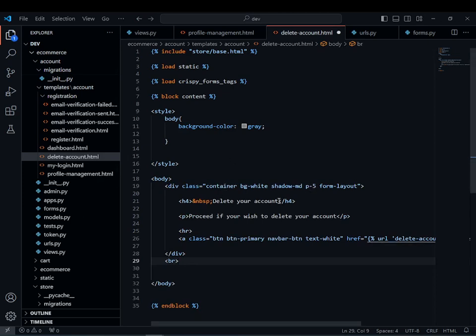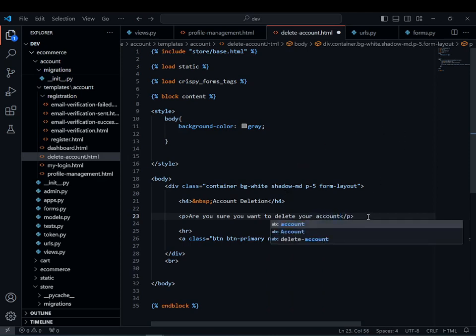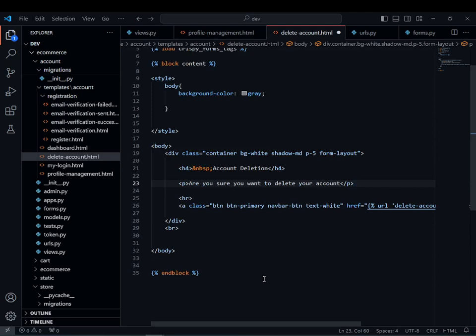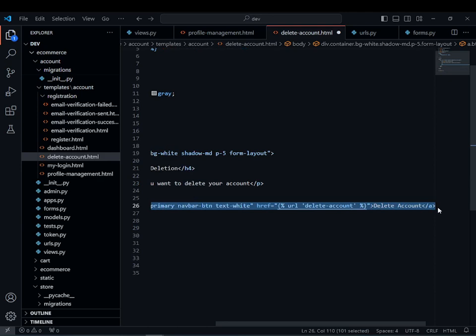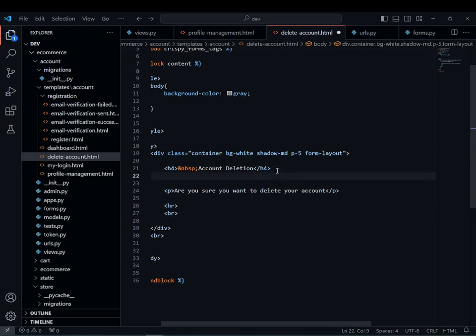So here in the h4 tag we want to say that this is an account deletion, and we want to say are you sure you want to delete your account, and after that we don't want that link, and after that we want a break here, a space, and after that account deletion we want a horizontal line,